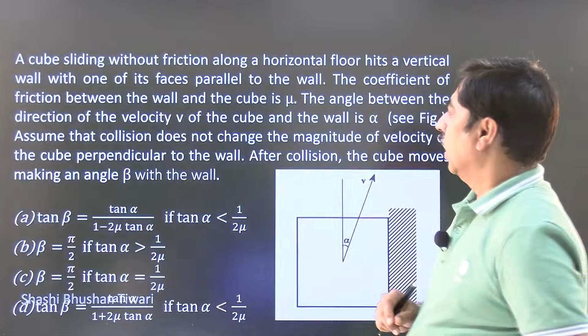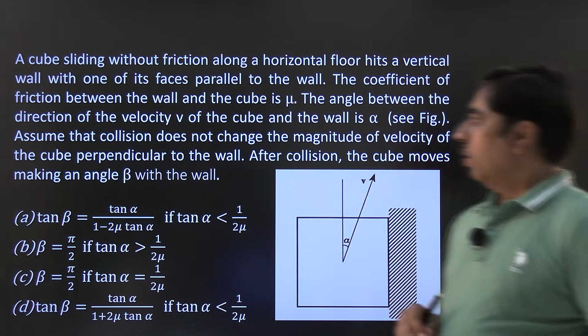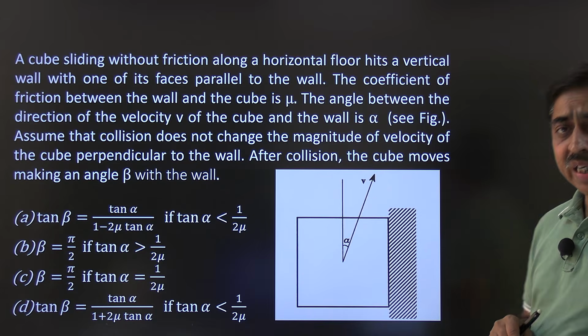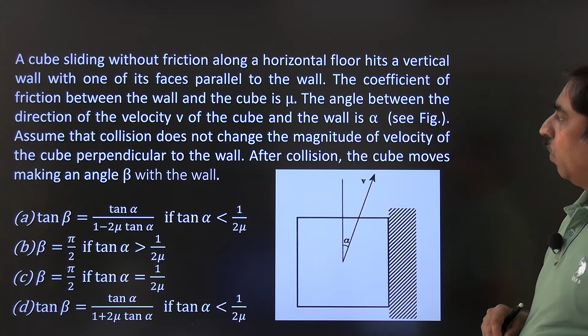Hello, let us do an interesting problem. Problem which I have modeled like a JEE Advanced problem. One or more than one correct type objective question. This is the question. A cube sliding without friction along a horizontal floor hits a vertical wall with one of